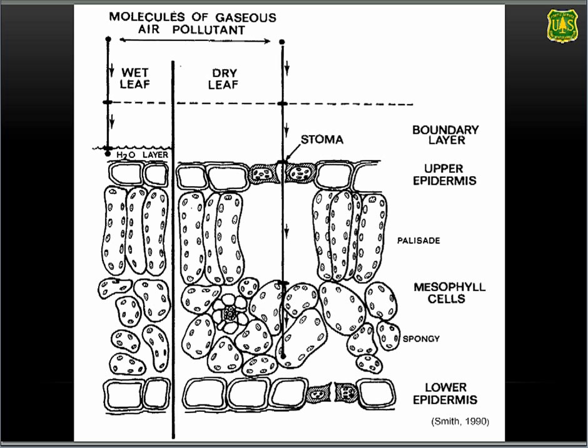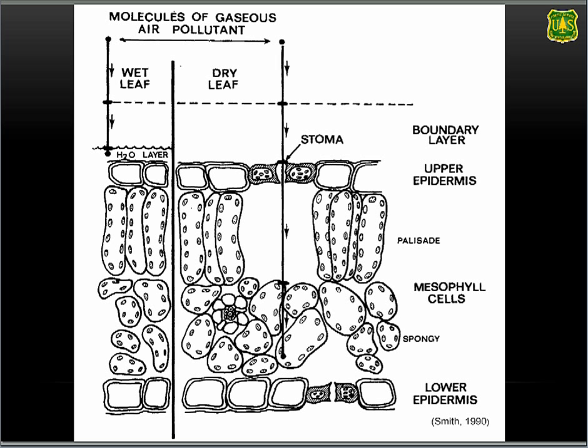The trees are very good at removing ozone, and ozone, as you saw, depending on the plant and how sensitive the plant is, you can get damage to the plants. They're good at removing sulfur dioxide and nitrogen dioxide, and when those pollutants move inside of the leaf, they dissolve in the leaf and actually form a nitric or sulfuric acid. In that case, the pollutant breaks down, but actually the nitrogen and sulfur can act as a fertilizer to the plant. So it's not harmful to the plant generally, unless the concentrations are very high and it forms a very strong acid. Then you'll start seeing the leaves burn.